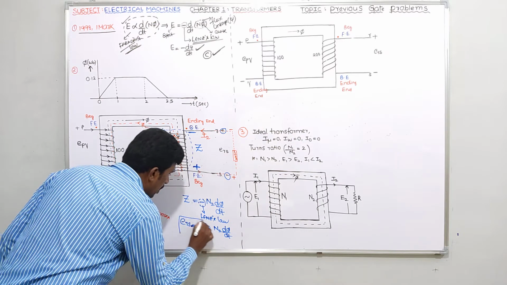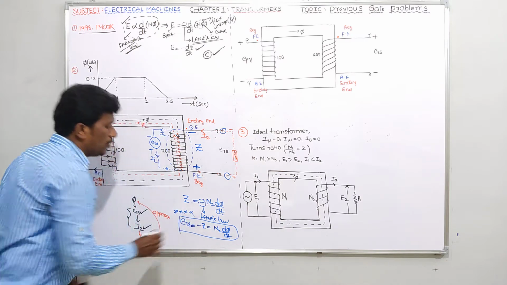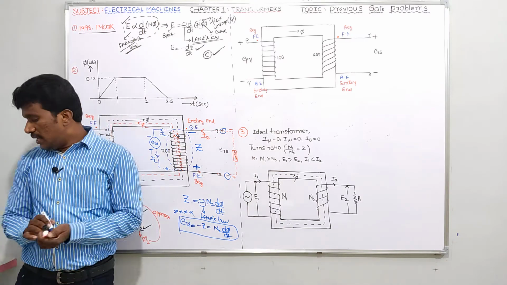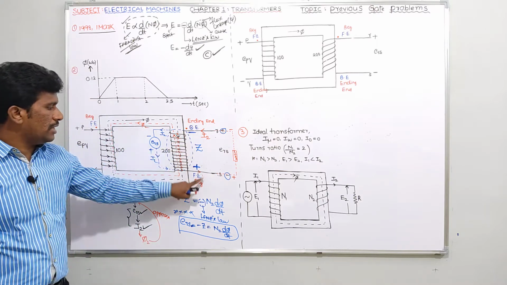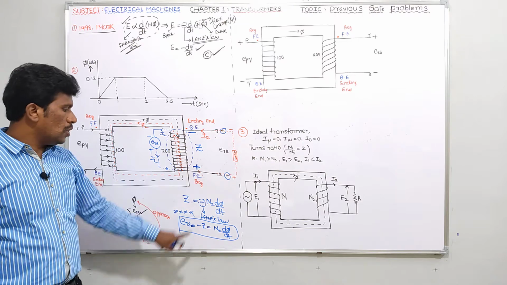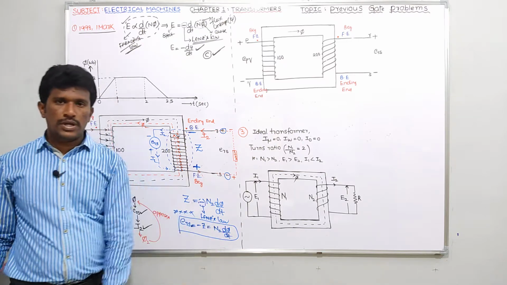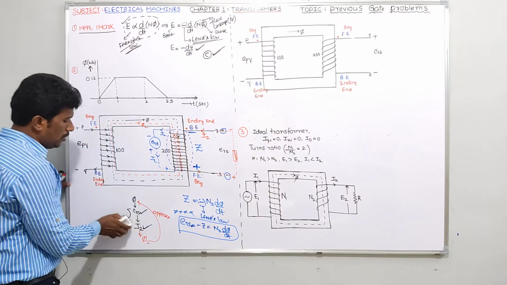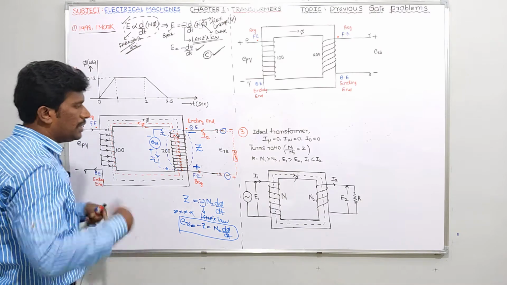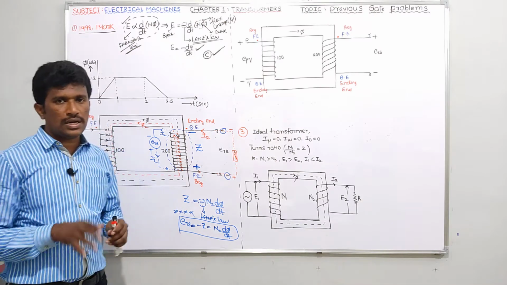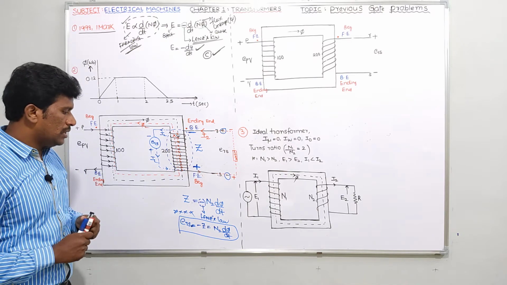So guys, I need to focus on this point only. For that only we are doing all these things. So please, if the back end is here and the front end is here, don't go for the option minus N2 d phi by dt. You should go for the option N2 d phi by dt. Then you'll get the answer exactly. Generally our habit is taking minus N2 d phi by dt, but that is not correct here. So this is the reason.